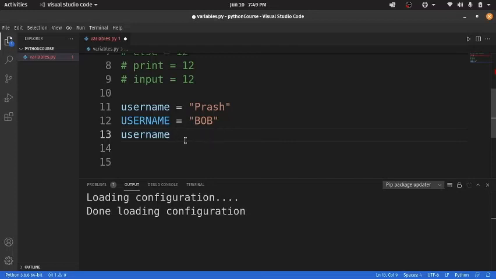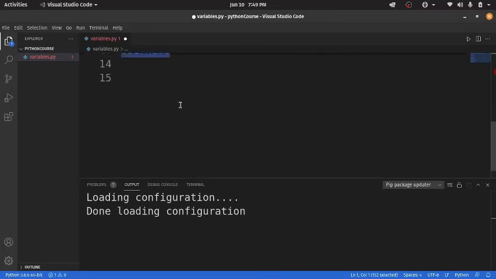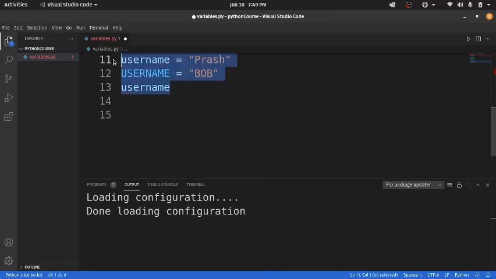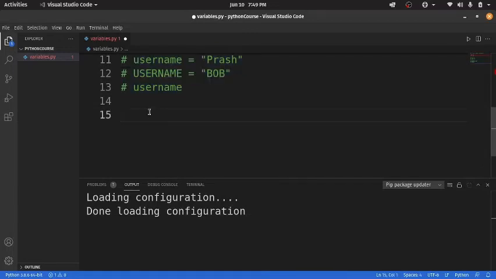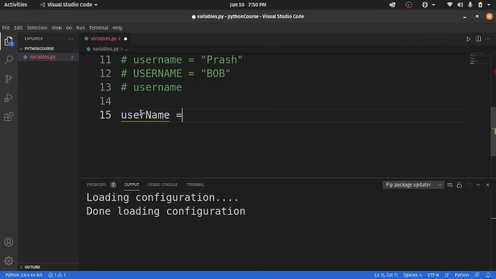And actually there are two conventions which are used. Let's make this a comment. First is camel case. Camel case is where your first word is in small letters, and the start of the second word is in capital, like this.